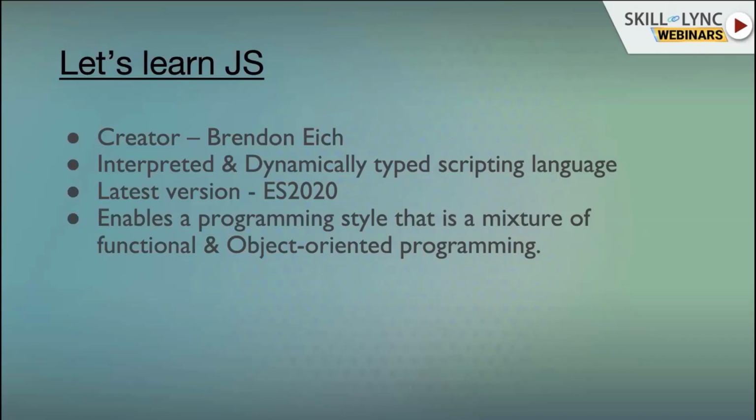I write it in an English-like language. It is not English, it is an English-like language. I write JavaScript in an English-like language, but the machine cannot understand that, because it can understand only zeros and ones. So we need a software which takes my code as input and gives a machine-readable code as output. For that, we use two softwares, namely compiler and interpreter.